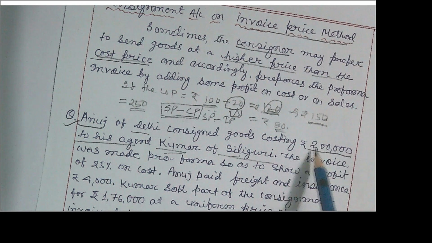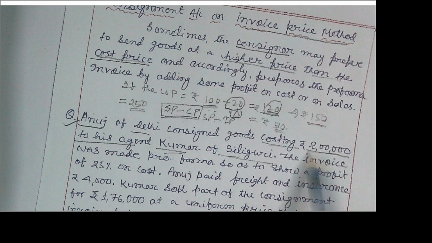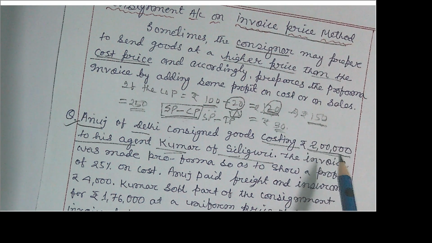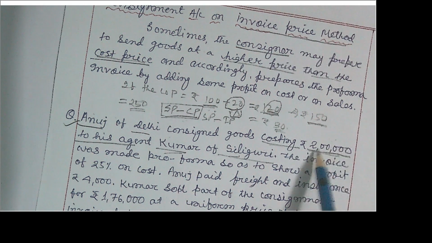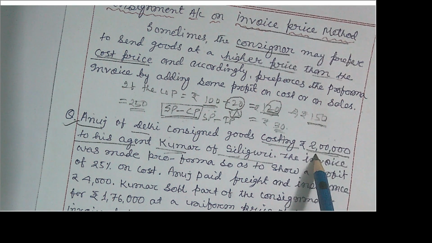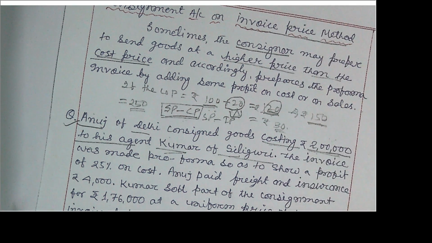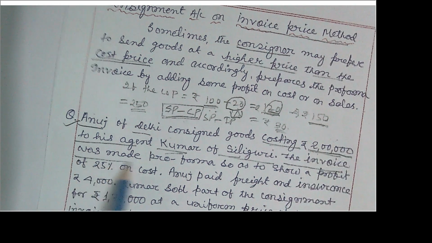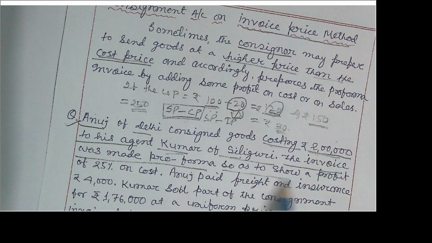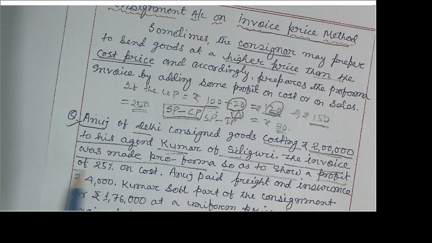So you see that costing means the cost price. In this 2 lakh rupees, extra price is not yet added. So it is the cost price. To make the invoice price from this 2 lakh rupees, we have to add extra price. And what is the extra price to be added? We will get it in the question. Now here, the invoice was made pro forma so as to show a profit of